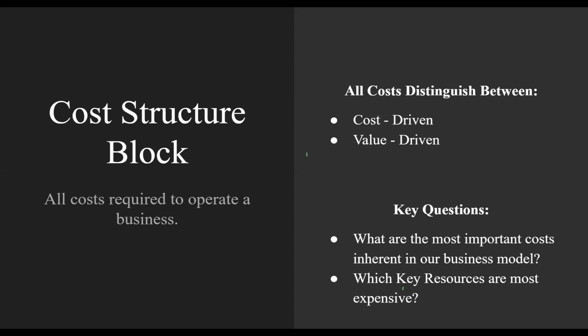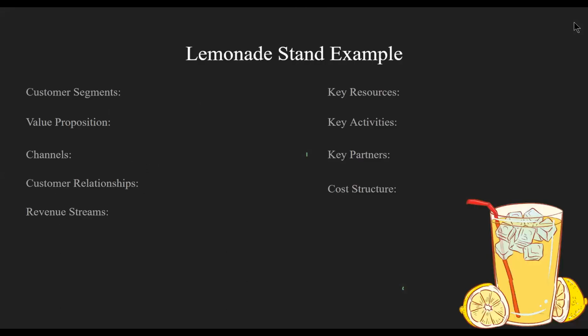You should see the most important costs needed in your business model and which ones are the most expensive. For example, let's go from the mushroom face cream example. If I'm doing a face cream and the amount of mushrooms I use in the face cream are more expensive than the face cream I'm trying to sell at a certain price, this business is basically not going to work. So the cost structure part is where you should decide what are the things required to keep continuing your business.